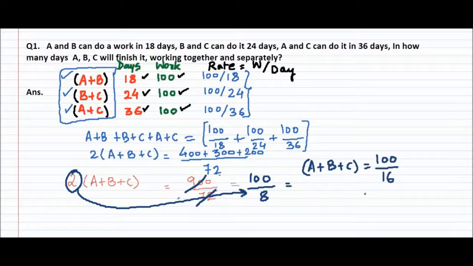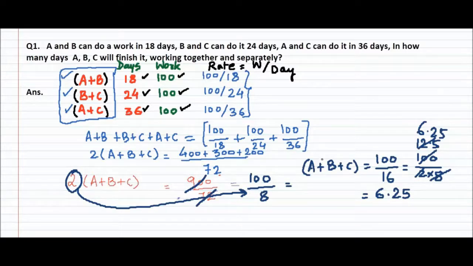Now if you solve this thing, you will find 6.25. So how did I do that? So very simple, 100 is 2 multiplied by 8. All right, I cancel this thing, I will get 12.5, and if I cancel it with 2, I will get 6.25. Now the calculation part, I leave it to you. I just wanted to tell you the trick.